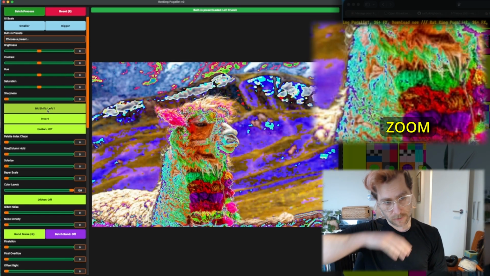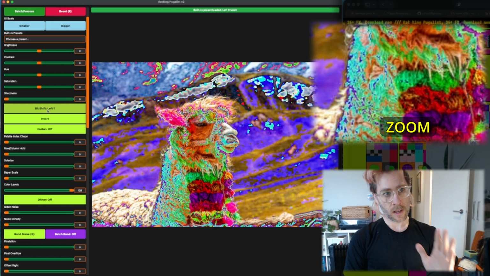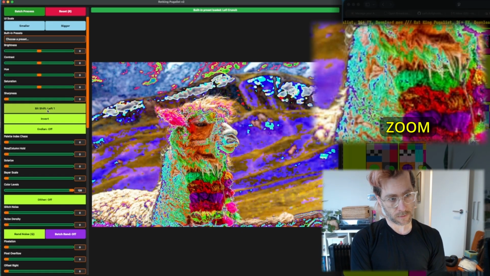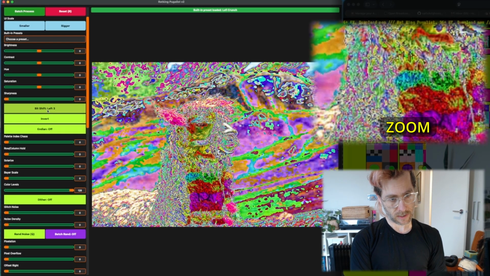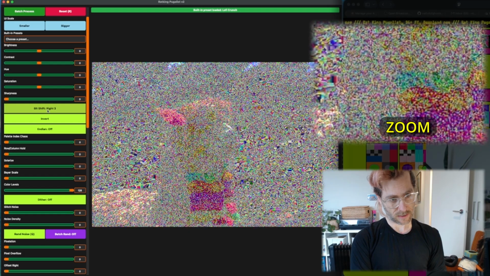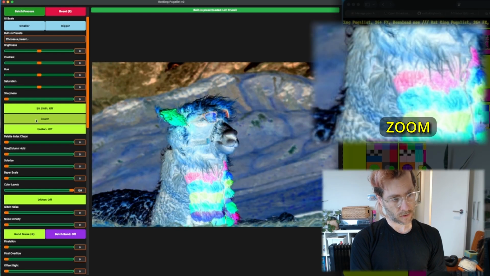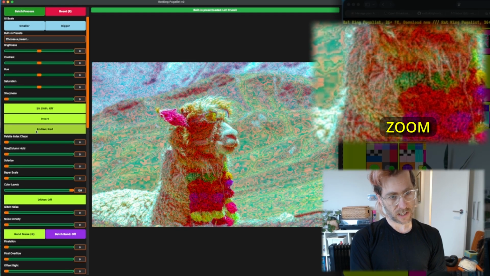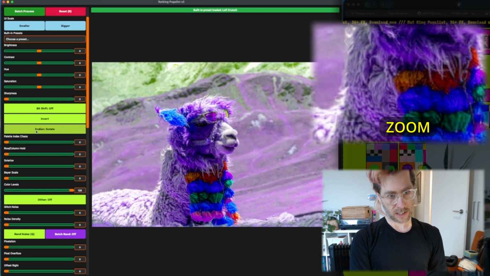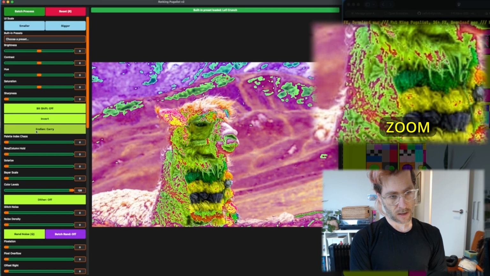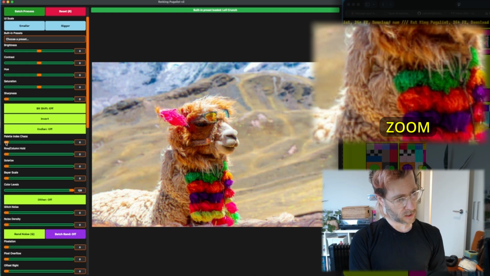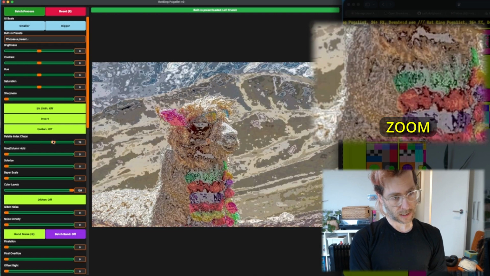We've got bit shift. So bit shift pushes the bits of the colors up and causes them to wrap around, which can give you some really nice digital spew effects. Of course, we can shift left and shift right. We've got invert. We've got a whole bunch of indexing effects. So here we're doing bit manipulation again, but only to certain channels and only to certain parts of channels. And we've also got palette index effects,